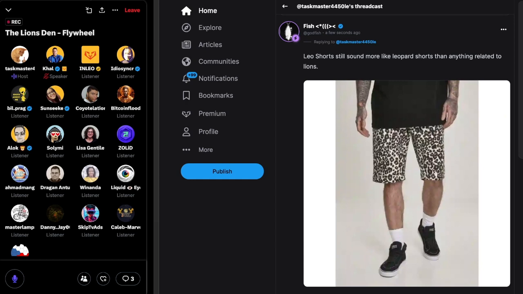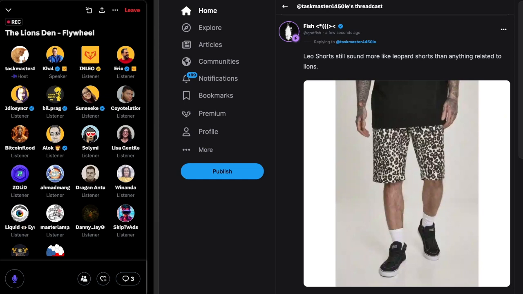But I understand where you're coming from with Leo Shorts, because if you put a lot of resources, a lot of time, a lot of headaches, and a lot of back end work into bringing it out, and then what happens? Nobody uses it. Didn't we hear the same thing about GIFs, however you want to pronounce it? We need them. The second they went live, for about a day and a half, the feed was full of them, and then what happens? You rarely see them used. Same thing with polls. Oh, we need it. I'm the one screaming for it because I actually have a use case for them. But we need them, and then people don't do polls. So,